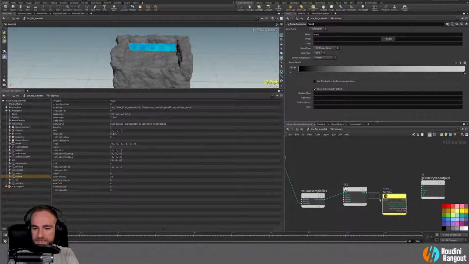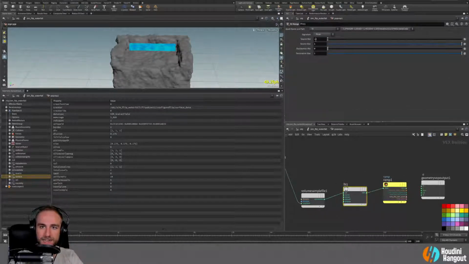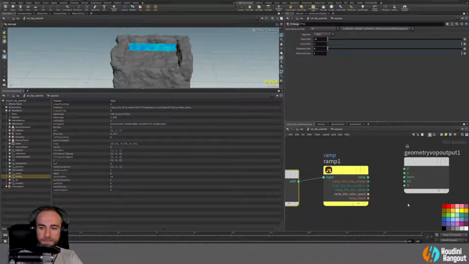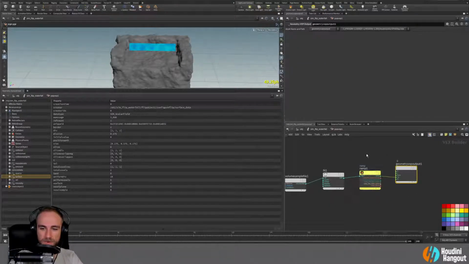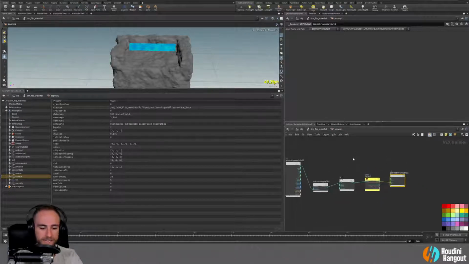We're going to bring this in from here. The reason I put this fit is because I want -1 to map to 0 and +1 to map to +1, because the ramp is looking for a 0 to 1 value. So let's just put this into CD to visualize it for now. We're going to work with this a little bit differently in a second. But